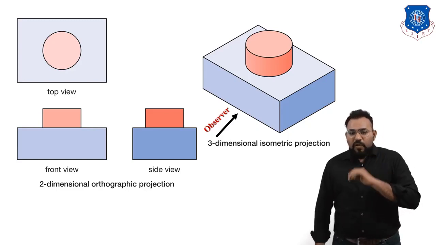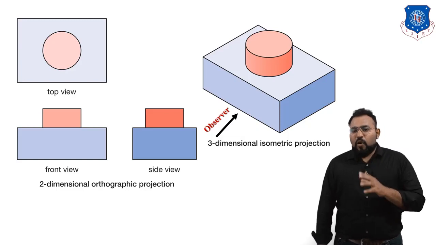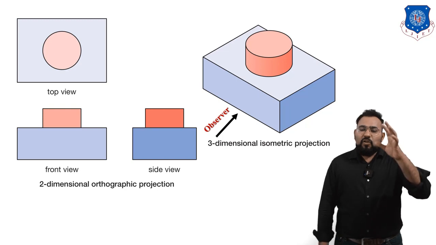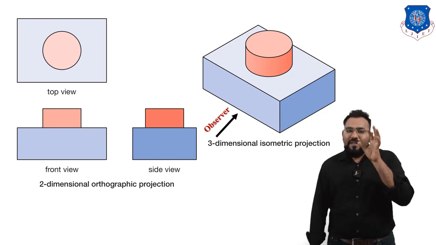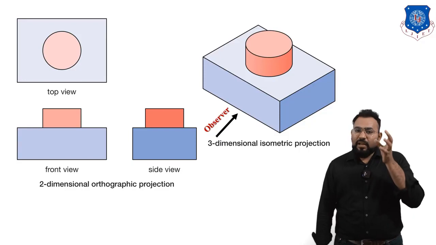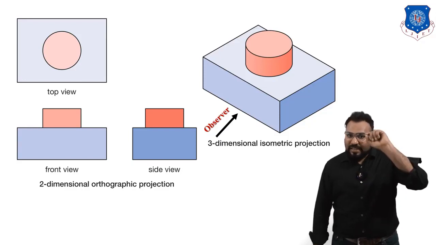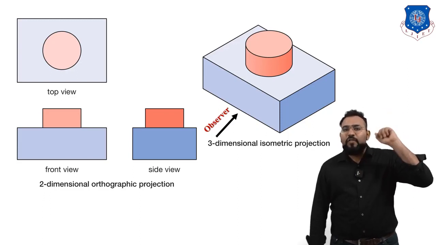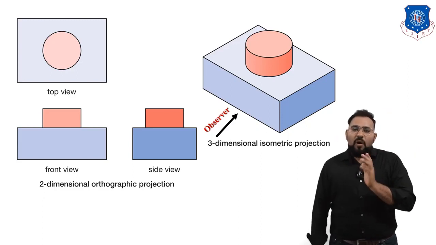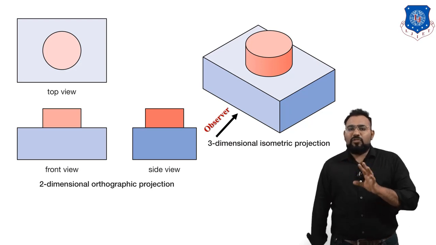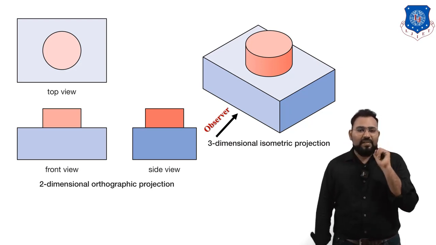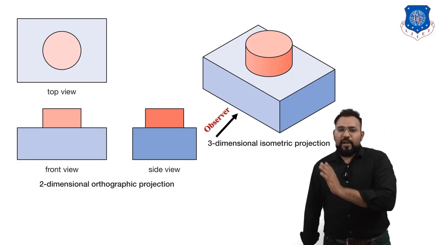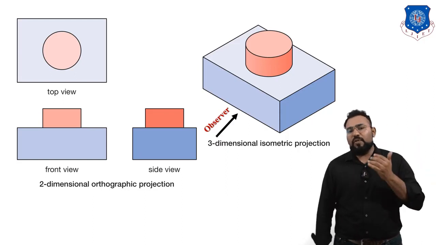So here on your screen, see one of the objects. In orthographic projection, or orthographic drawing, you will have one 3D object, and using that object, they will tell you to find out the front view, top view and side view of this particular 3D object. So what you have to do is convert the 3D object drawing into a 2D drawing, meaning you have to derive the front view, top view and side view.